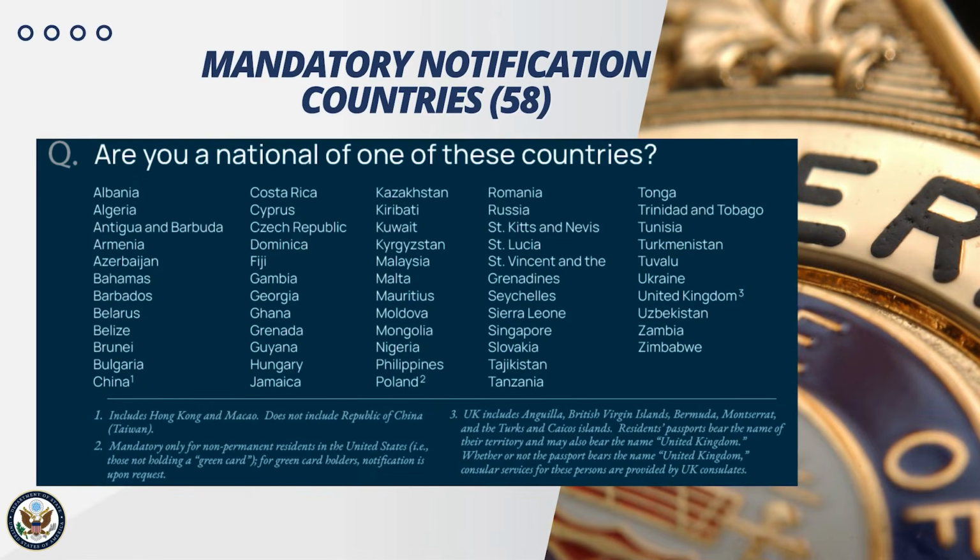Here is a list of the 58 mandatory notification countries we've mentioned. If you are aware of anyone entering into your custody that is from one of these countries, ensure during intake that they have been made aware of CNA and that by law you will notify their embassy or nearest consulate that they are now in your facility, whether they want you to or not. The foreign national does not get a choice in this. If the foreign national is not from a mandatory notification country, you must offer to notify their nearest embassy or consulate. If they ask you to notify, you must do so.